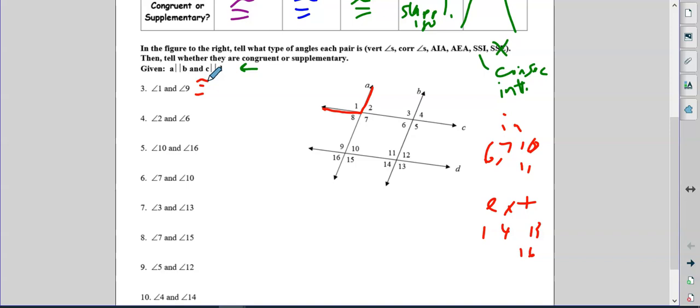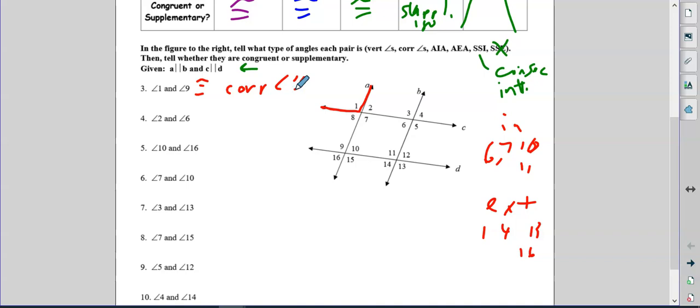And why? Well, again, look at it. If you look at lines C and D, 9 is inside and 1 is outside. Again, that's looking between C and D. All right, and the way you know it is ride the transversal. This is the transversal here, and it connects or goes through C and D. So you want to follow the transversal, and then you'll know which lines you're looking for, interior and exterior. All right? So again, congruent, and those are corresponding